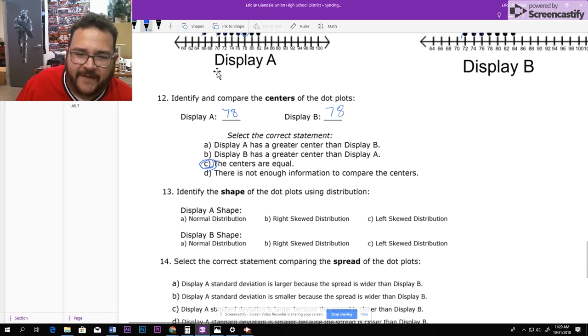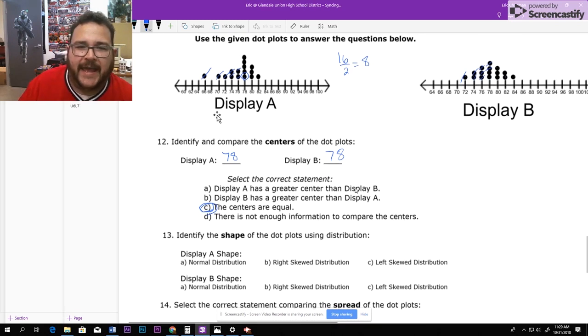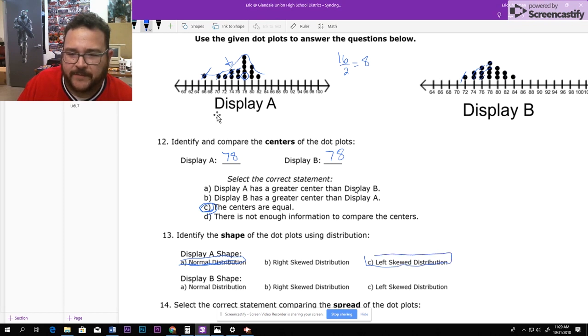Okay, identify the shape. So let's look at display A. So we're going to draw on our line over here, and our tail is on the left, so it's not normal. Our tail is on the left, so it's left skewed. Okay, display B, well, it looks to be symmetrical right down the middle, so that is a normal distribution. And then 14,